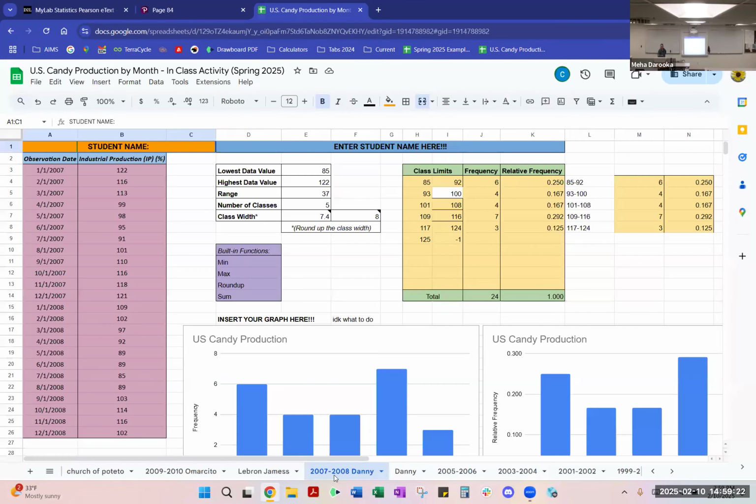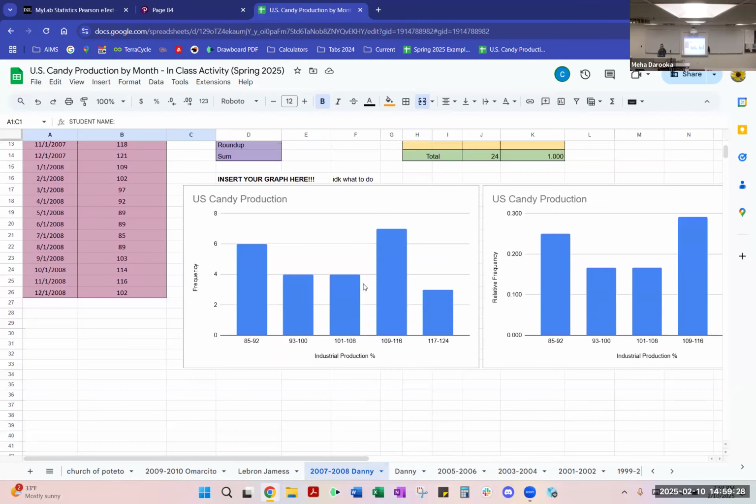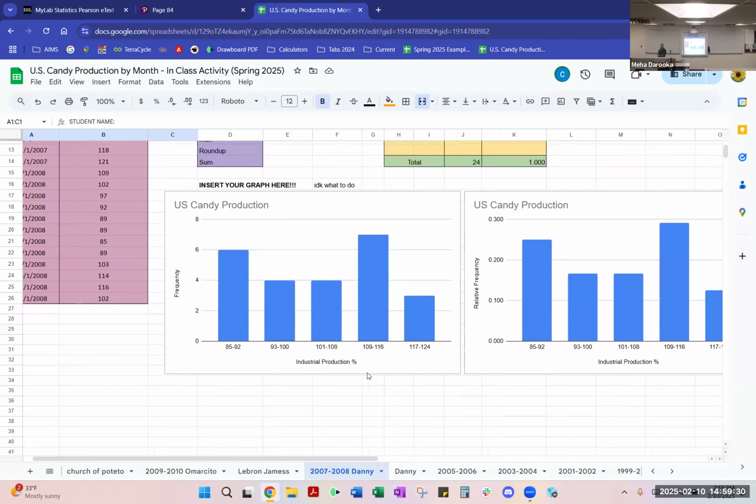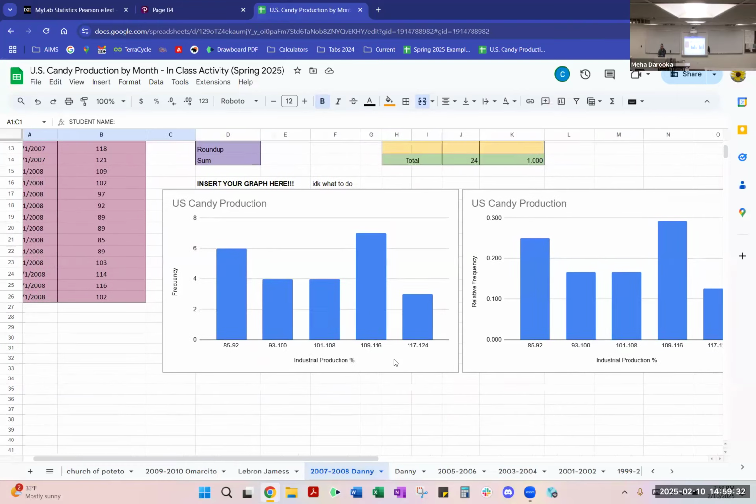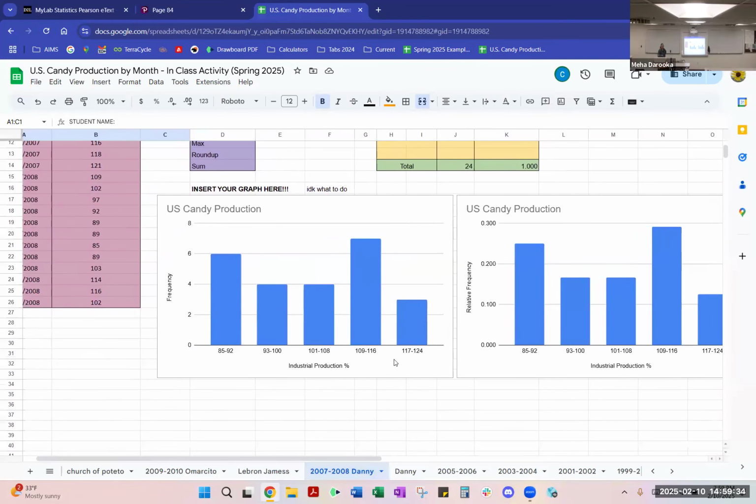And then I think our last one was Chris here, or Danny. Now, again, you've got that spike at 109, 116. But overall, if I had to pick a shape, I would probably say a little bit more uniform looking, right? Because you have similar heights there. Now, of course, we're seeing the difference between 4, 6. I think that's a 3 at the end and a 7